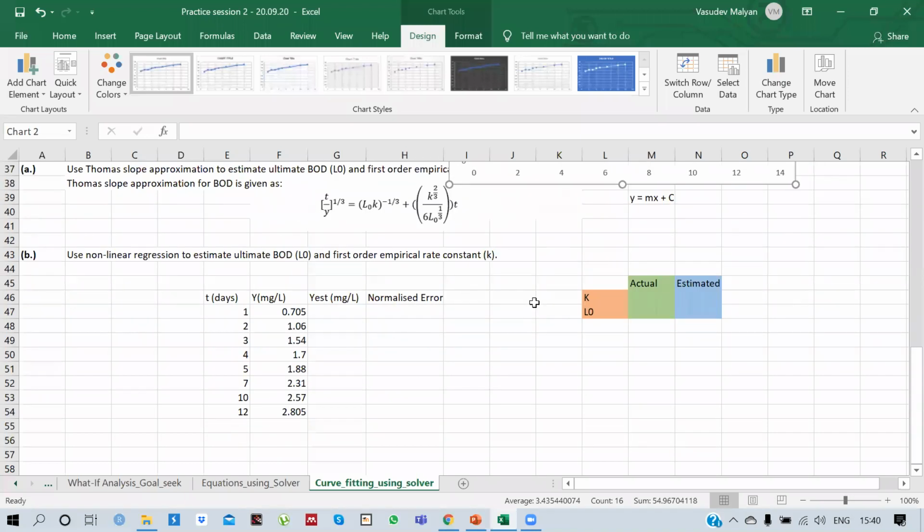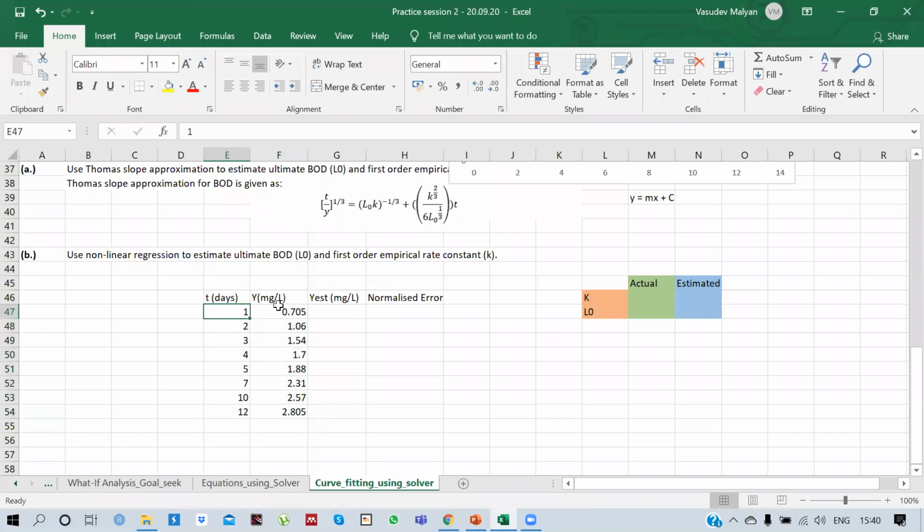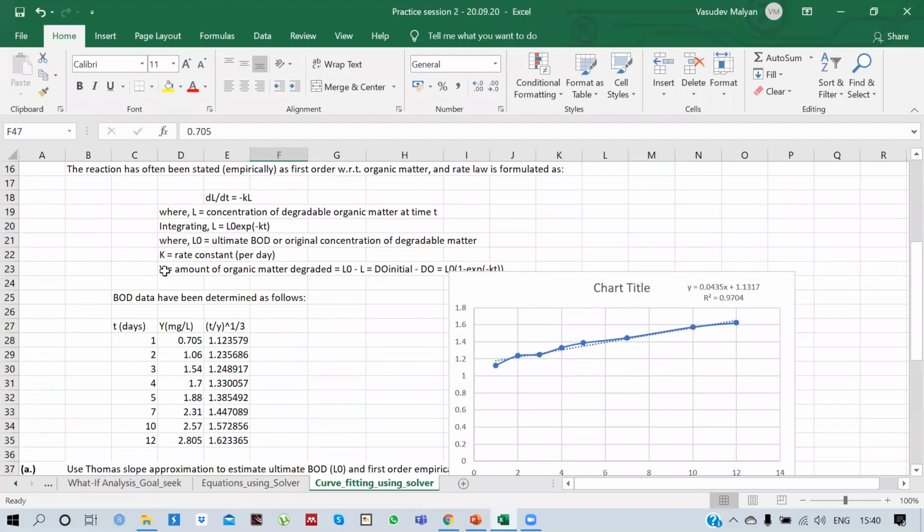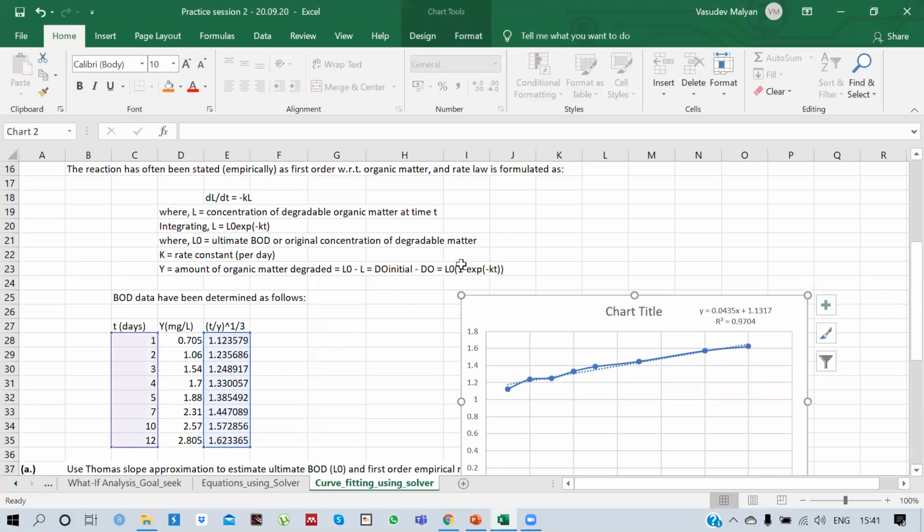So now we are supposed to do a non-linear regression to estimate ultimate BOD and first order empirical rate constant K. Now these are my given values for T and Y. These are given to me, and we have already seen an equation here that Y equals the amount of organic matter degraded, which is equal to L naught multiplied by 1 minus exponential minus KT.